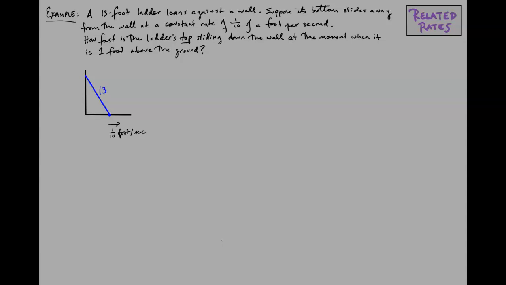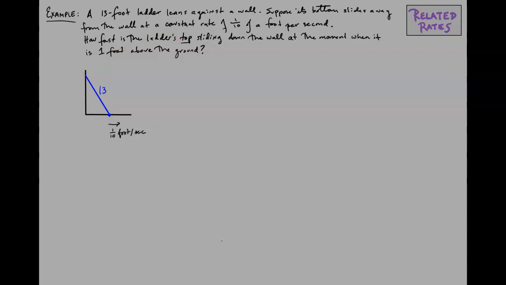And the idea in this problem is that as the bottom slides away from the wall, the top remains in contact with the wall. So by pushing the bottom away, the top comes down. Okay, these first two sentences are already making more sense. Let's move on. We are asked how fast is the top, this point right here, sliding down the wall at